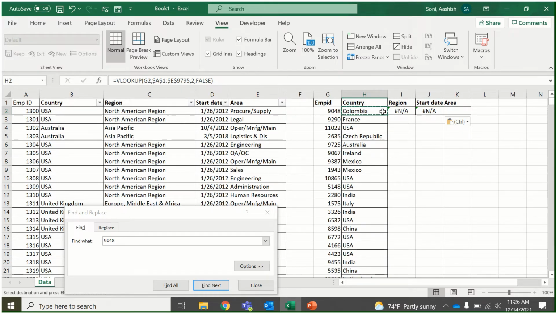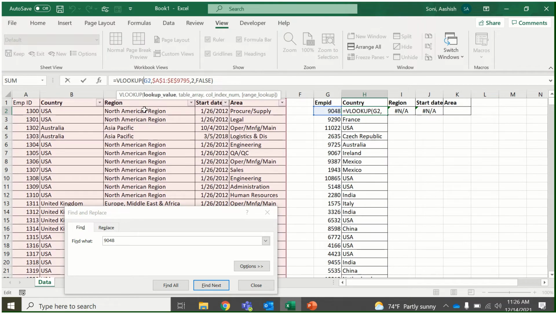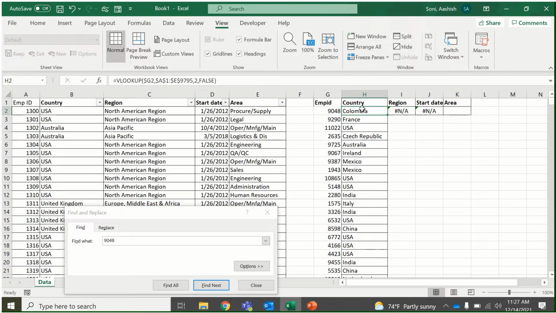Whenever you're doing this, you can lock this also. What do you want to lock? I want to lock only the column G. I don't want to lock the row number, I want to lock the column G. How will you do it? Again you come here and press F4. The first time you press F4, it will lock both. This is not your criteria. Again press F4. This time it is not locking the G, but it is locking the row. You don't want that. Again press F4. This time it is locking the G. The dollar sign is locking the G, but it is not locking the 2, and this is exactly what you need. Now when you copy, paste, paste and paste, you get the data.